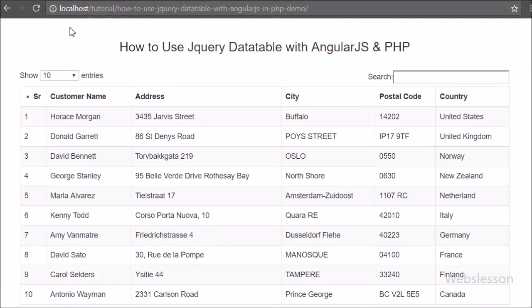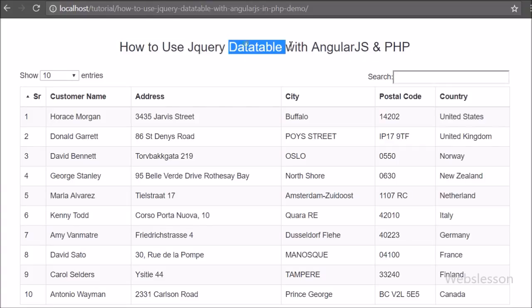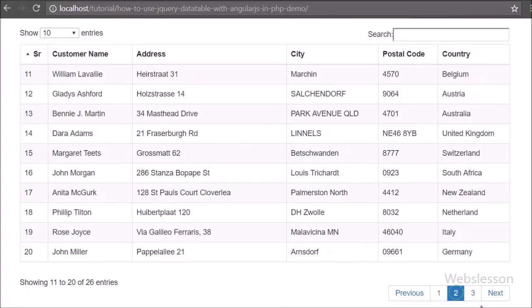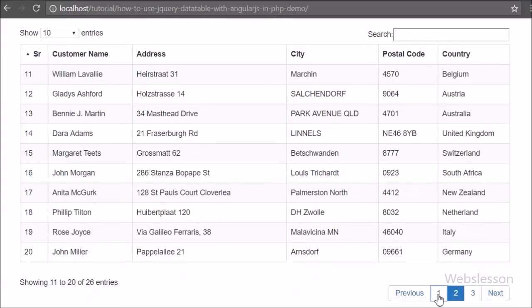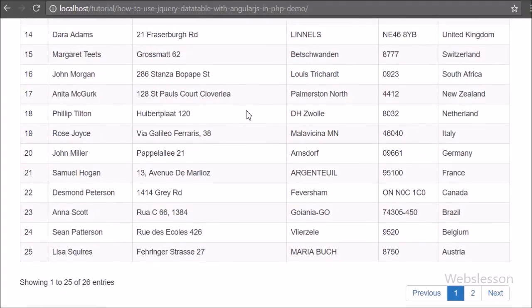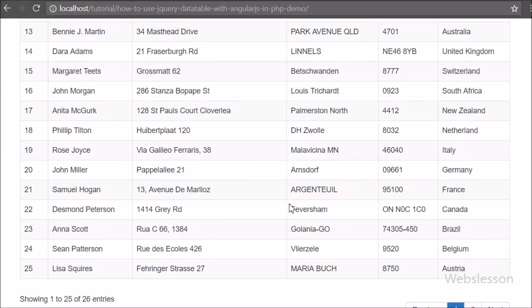Hi friends, in this video tutorial we are going to learn how to use the jQuery Datatable plugin with the Angular JavaScript library and PHP script. After a very long time we have again published a video tutorial on the Angular JavaScript framework with PHP code. We have already published some video tutorials on AngularJS. But now we have made another video tutorial on the Angular JavaScript framework and how to use the jQuery Datatable plugin within